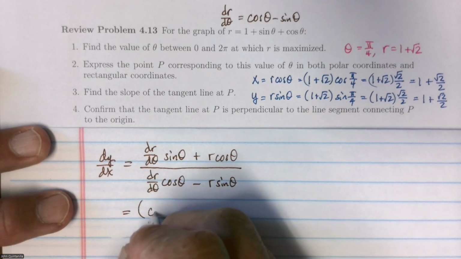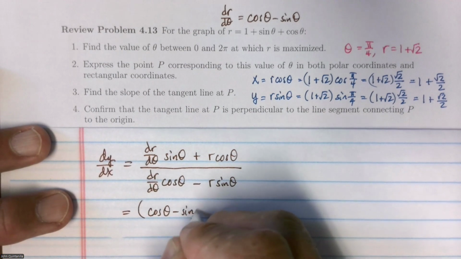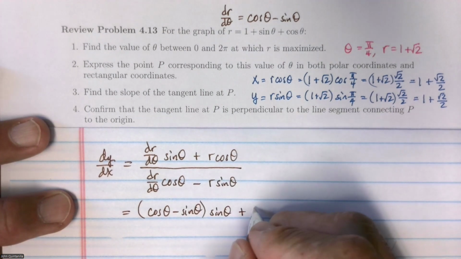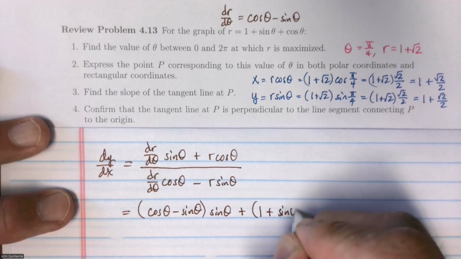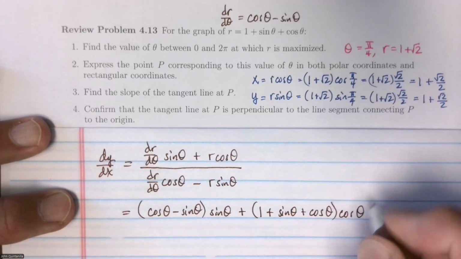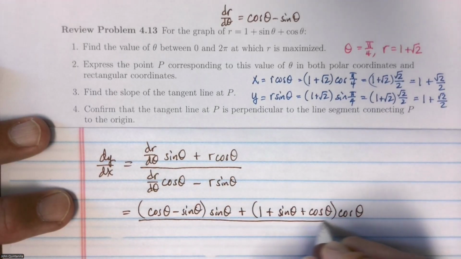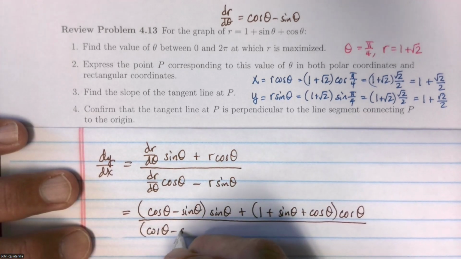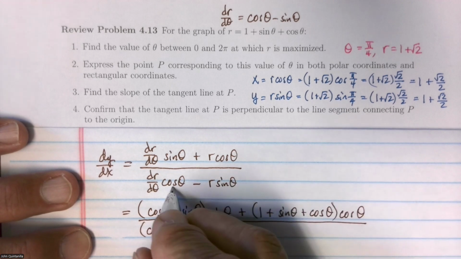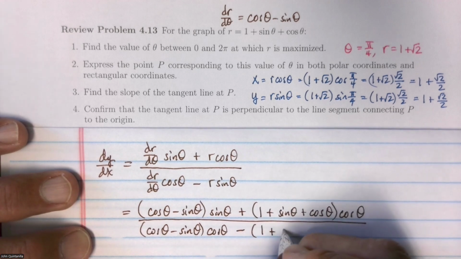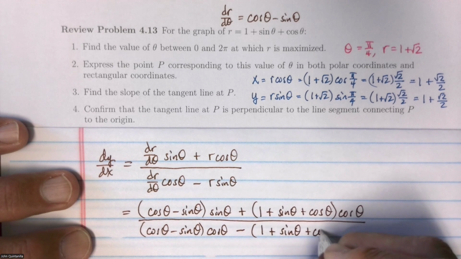Plugging in, we would get cosine θ minus sine θ times sine θ plus r, 1 plus sine θ plus cosine θ, times cosine θ, all over cosine θ minus sine θ times an extra cosine θ